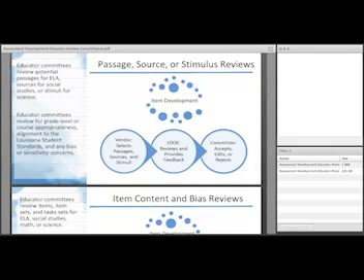So this is a step we've added in, a pre-review, sort of. The vendor that we're contracted with is different depending on the content area. For math and ELA, we contract with Data Recognition Corp, and for science and social studies, our development is through WestEd.